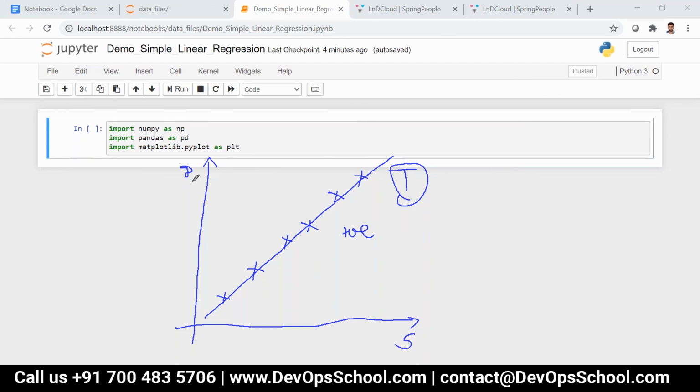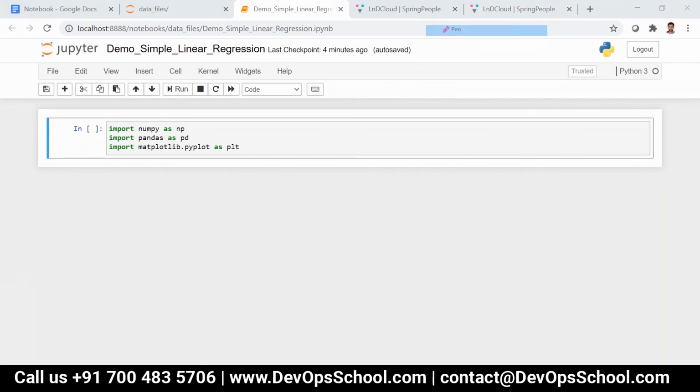Okay. So now consider, I have time on the y-axis and speed on the x-axis, and now we have the distance as constant.